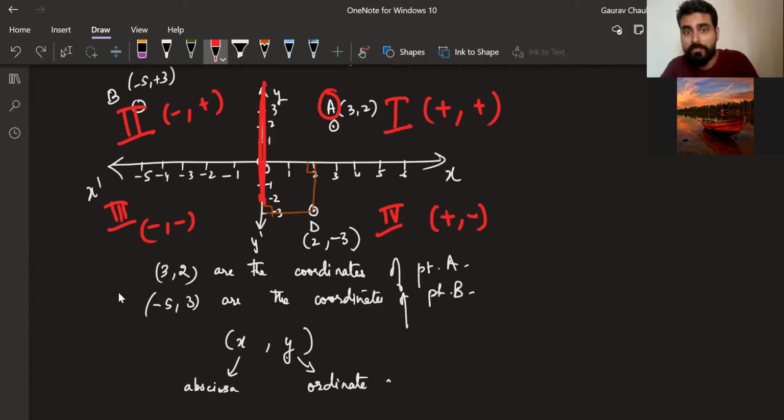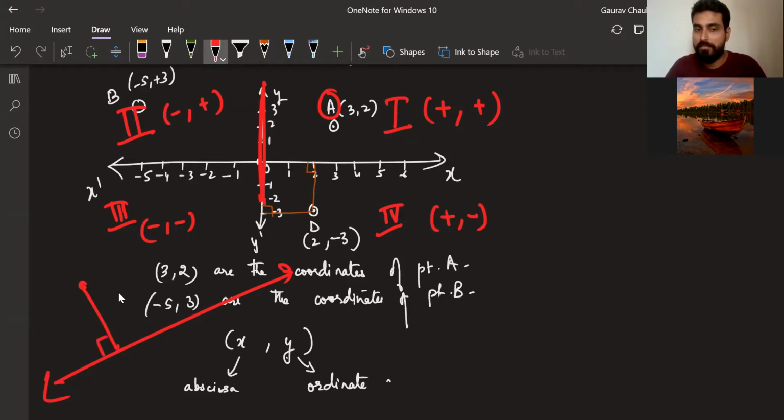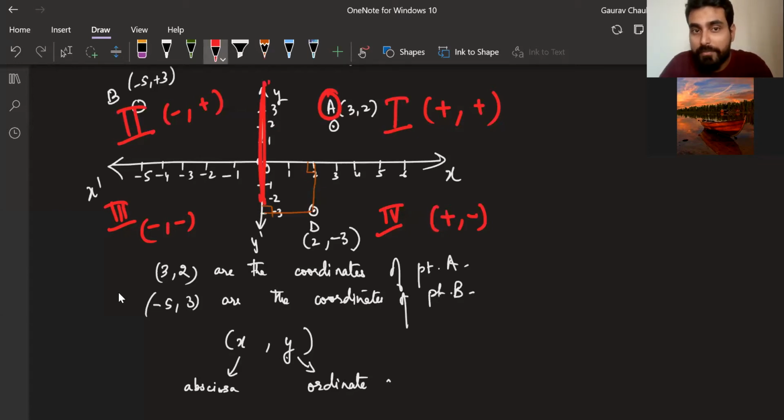Bindu, are you getting me? To find the distance of a point from a line, any point, any line, what will I do? I'll drop a perpendicular, no? Yes, sir. This will be the distance of point A from line L, correct? Yes, sir, got it. Now, to find the distance of point A from the y-axis, I will drop a perpendicular and check the length of this perpendicular. The length of this perpendicular is nothing but this much, right? Yes, sir. Which matches the x coordinate. Are you understanding me, Bindu? Yes, sir, clear. In the same way, the y coordinate matches the distance from the x-axis. Okay with that?